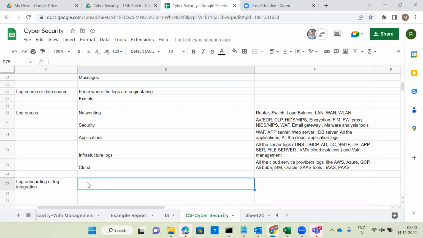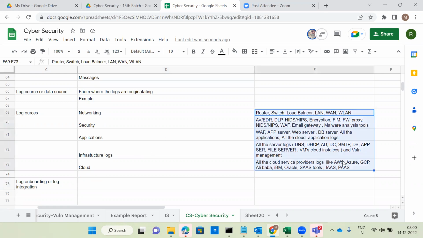Maybe today the implementation team will complete the SIEM tool implementation and onboard all the log sources. Their work is completed. Maybe tomorrow, one more Windows guy or Linux guy is creating a server. That's a critical server for the organization. That critical server's logs also we have to integrate.